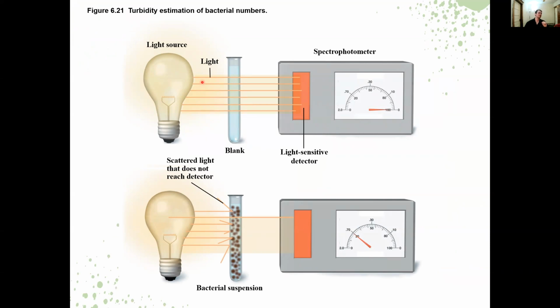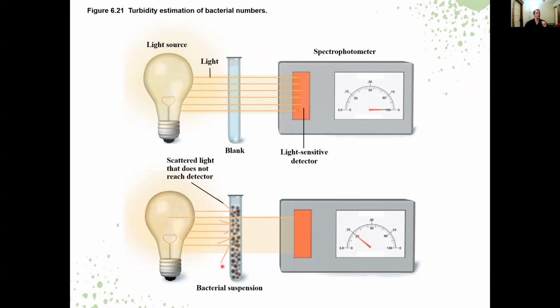Essentially, what this instrument does, you can see it represented over here: you have a light source that shines through your flask. Here's a blank one, and just think of these lines as representing the intensity of the light. With the blank sample, you have a lot of light intensity reaching the light sensitive detector on your